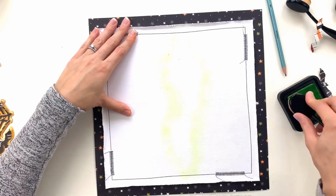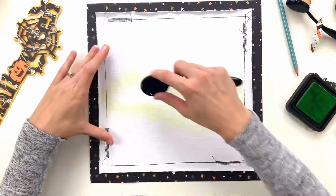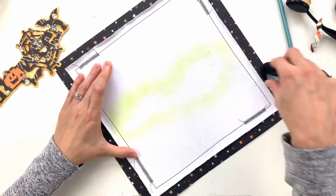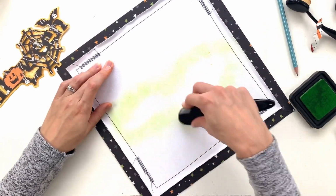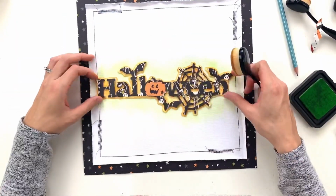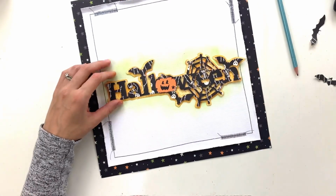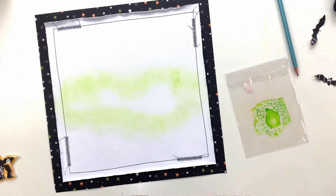It's called Twisted Citron, and it's like a lime green colour. And I intended initially just to have that tiny little area kind of like glowing underneath. But as always with me and mixed media, I get carried away, and I thought, no, I want to extend it further. And I'm going to put some embellishments on, so I was conscious that a lot of that would be covered up. So I extended it a bit further, and then I decided to come in with some splatters